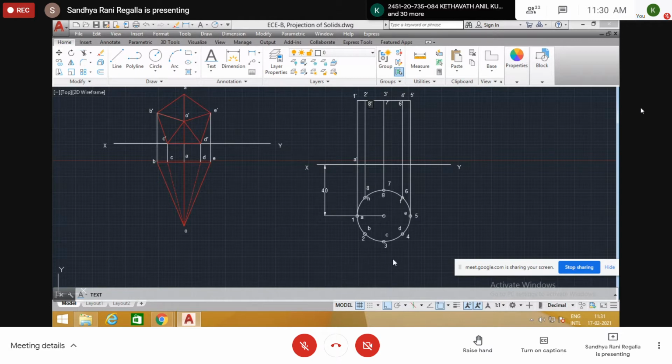Why do we give for the top surface? When we see from the top, the top circle is visible, the bottom circle is invisible. So for the visible circle, outside values we give here, inside hidden values we give at the bottom. In the bottom also, A, B, C, D, E we give outside, F, G, H we give inside.